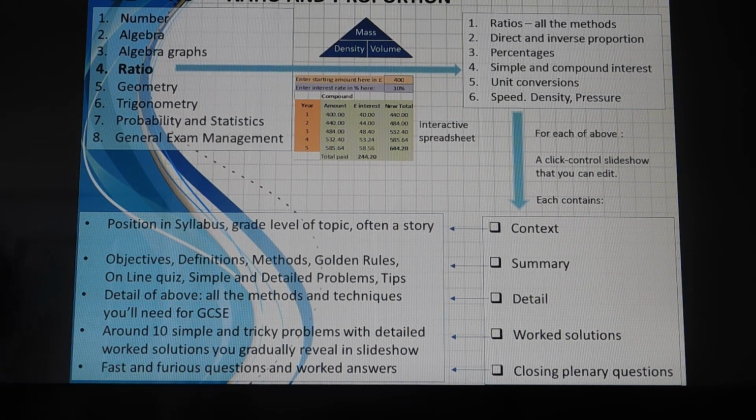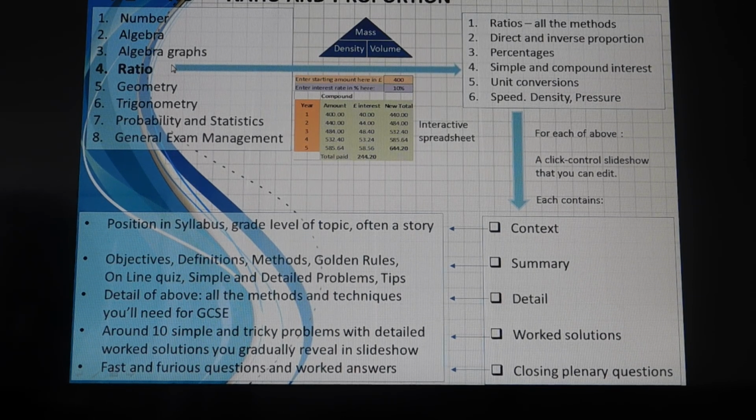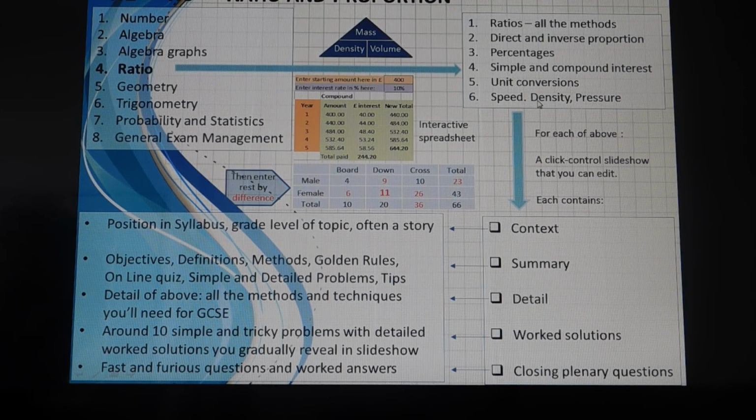I'm going to talk you through the ratio zip file. As you can see, the ratio zip file is one of 8 which are also available, but this particular one is ratio. And ratio consists in GCSE maths of around 6 topics, and within this zip file there are 5